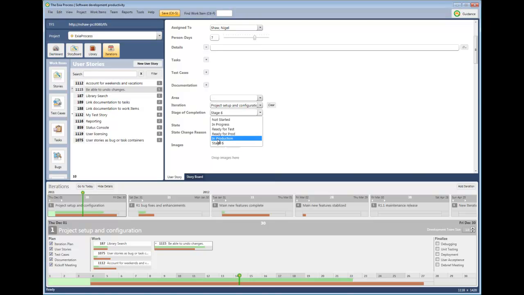Whoops, got a little bug. When that work item moves to in production, we can see the green line matches up with the brown line, meaning that that work item is now complete. The other way, of course, that we want to be able to affect stage of completion